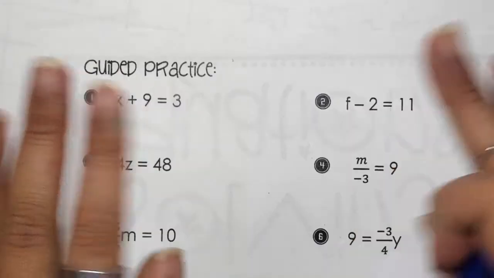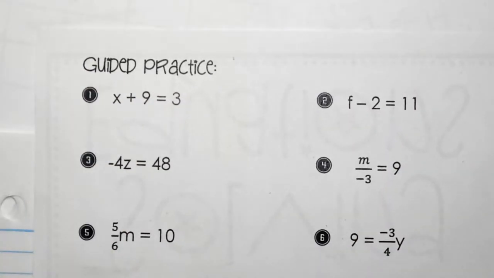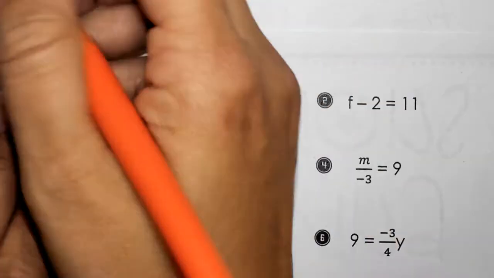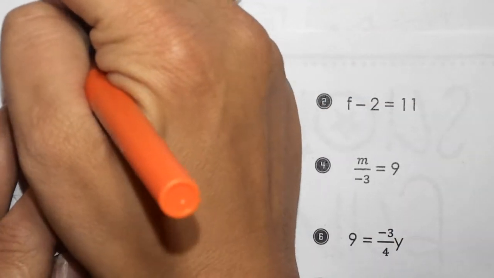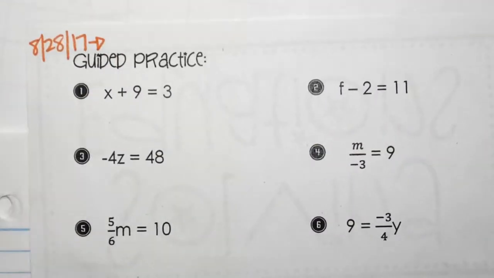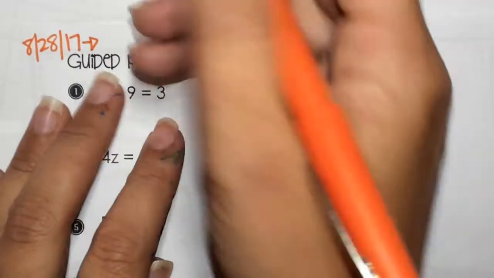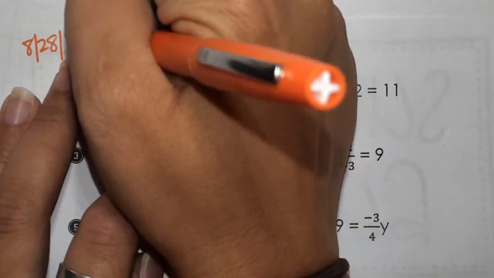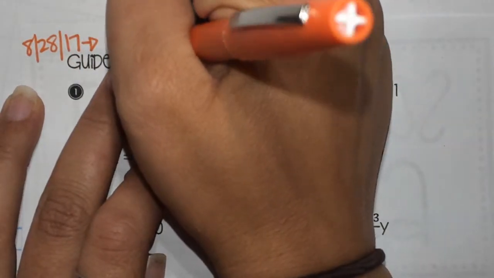Okay, so at the top of one step, I want us to write our learning target for today. I want us to write the date. It is the 28th, because that will help you when we do our notebook test next week. It's like a notebook scavenger hunt. And today's learning target says, I can differentiate